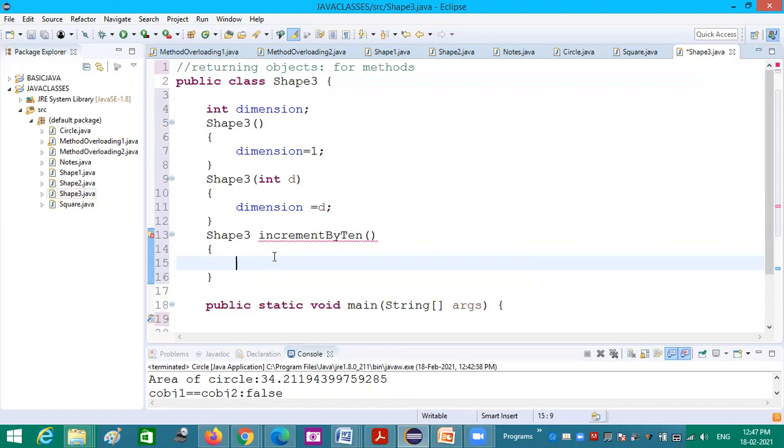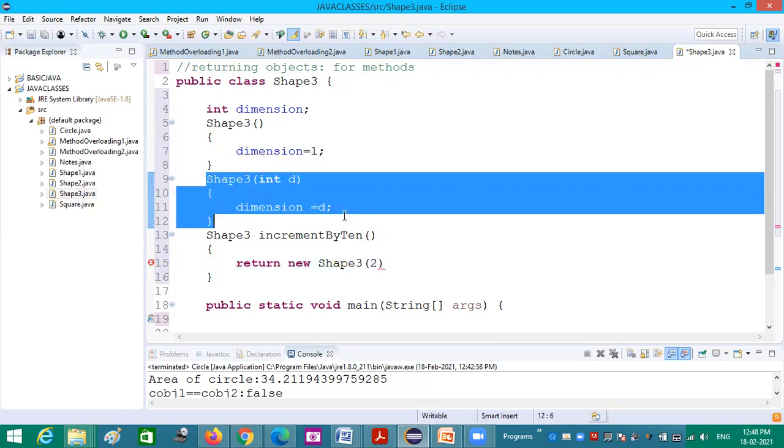So inside that, I am creating an object of Shape3 because that I am going to return. So what I am doing: return new Shape3 of some value we can pass, because we have two constructors. Either I can give the empty constructor or some value. So for example, I am passing 2, which means this constructor is taken.